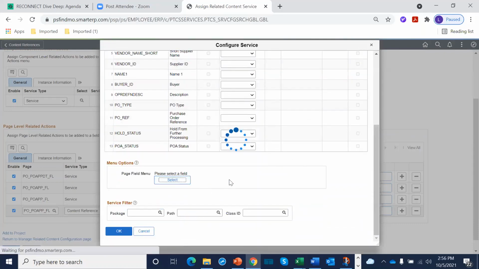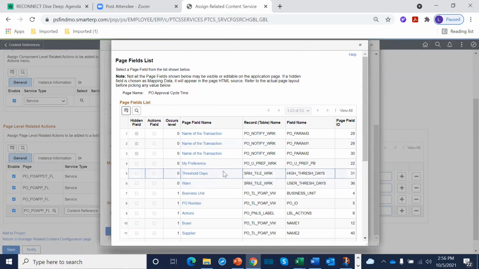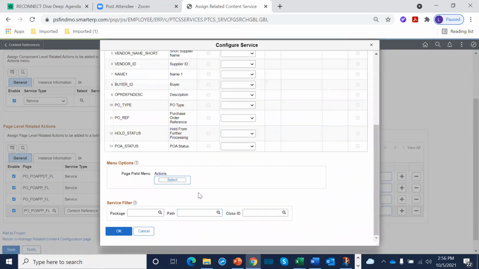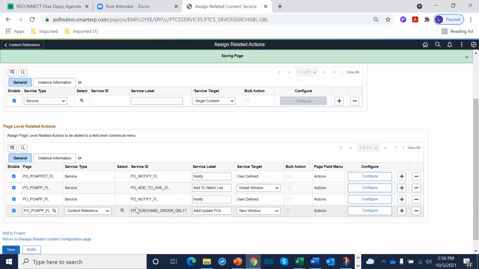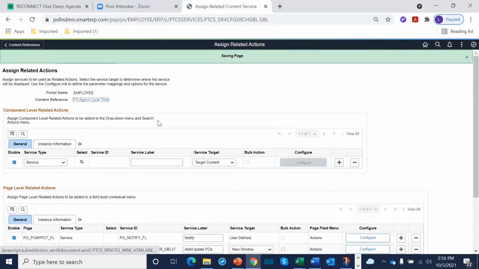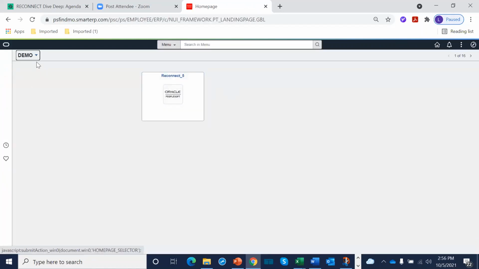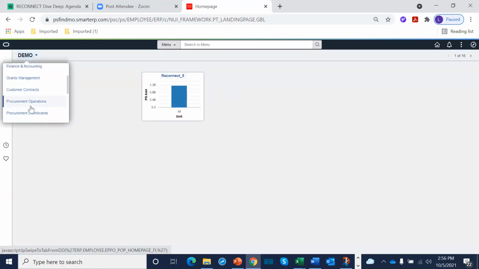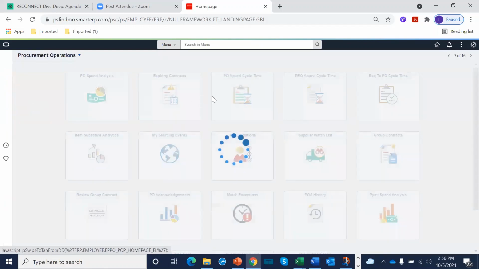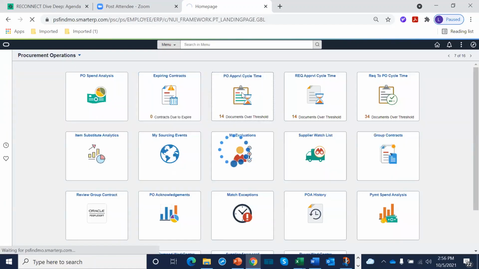And where do I want to put that link, right? We know there's already something on actions. So I'm just going to put my little drop-down list under actions. Click OK. And now I'm going to click save. Okay, so we've saved it. We've added a new action to, excuse me, that tile. So if we go back into that tile, procurement operations, PO approval cycle time tile,